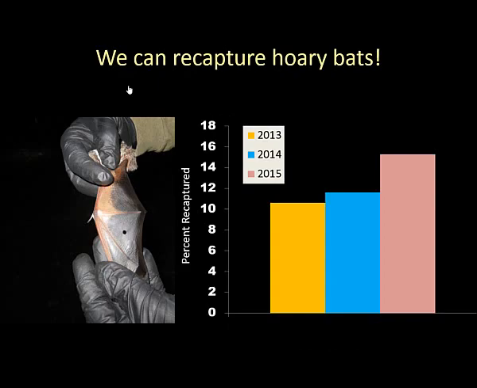And as fate would have it, the exact same night that the homosexual hypothesis was proposed to me was the first night that we discovered that we could recapture hoary bats. We know that because there's a tissue biopsy hole that we used to obtain the genetic material, and we captured a bat and went to take another tissue sample from it and found that we'd already captured it. So up to that point, people would ask, why don't you mark these bats?